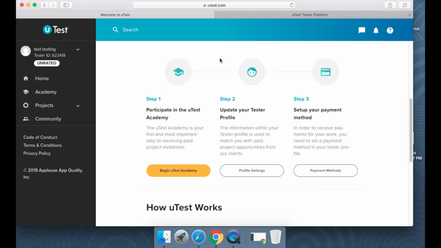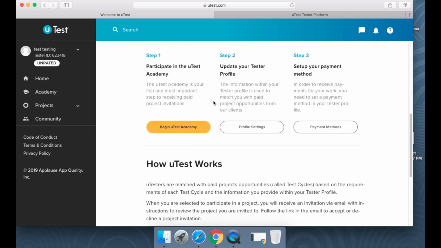So different things. And I must say that over the past few years, I have made so much money from uTest, and I thought to share it with you guys. This is not a scam. I've been doing it for years, at least 3 years now. I started in 2016. So I don't want to bore you guys with all the stories.